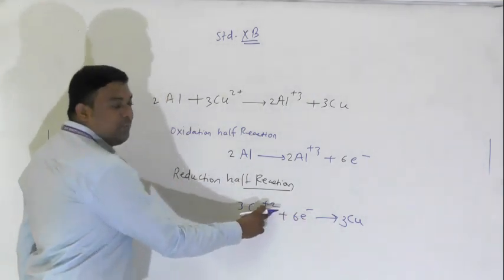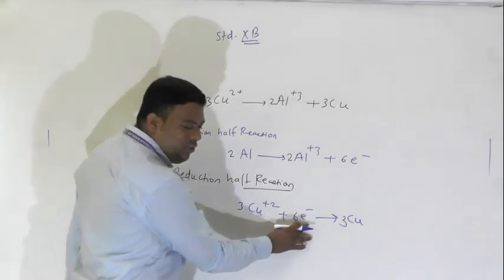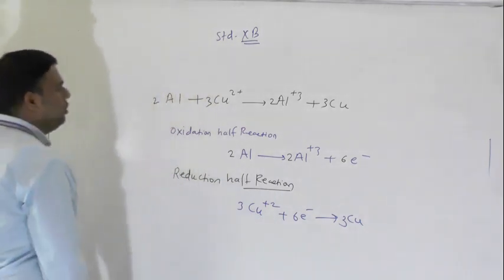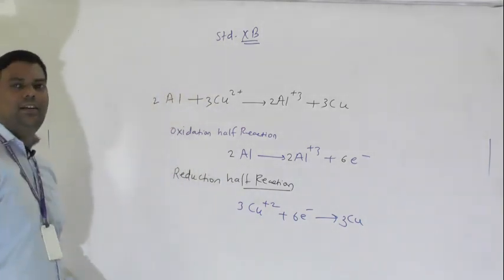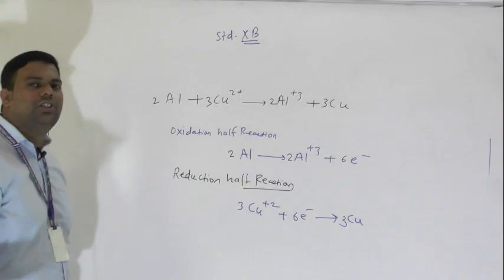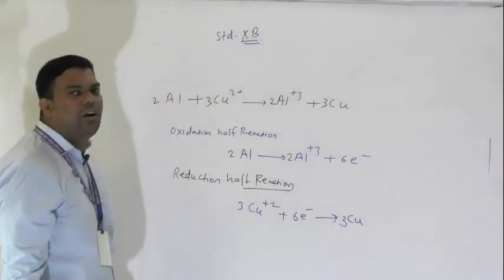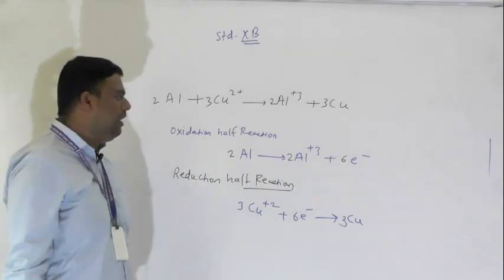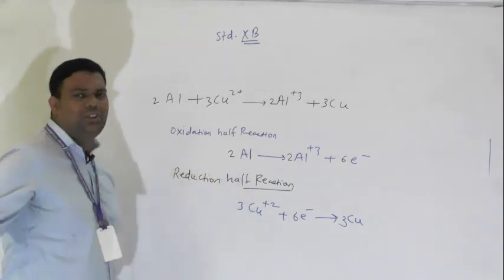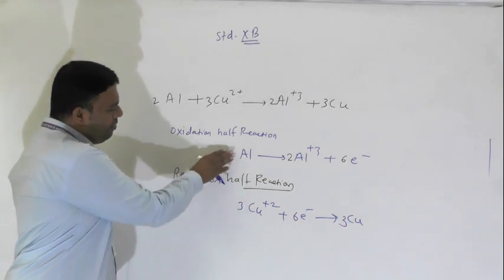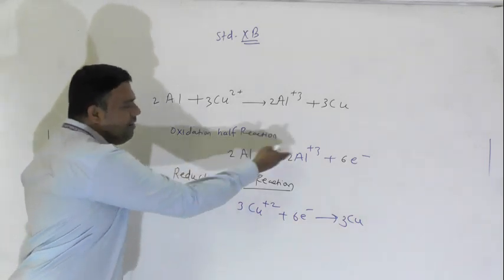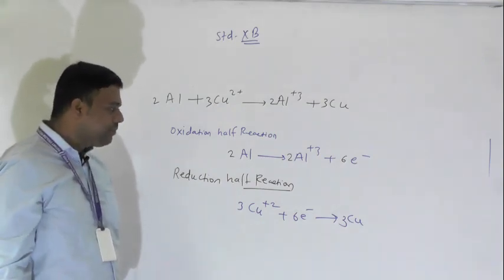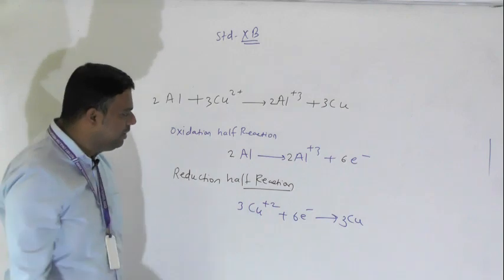So 3 times 2 gives 6 positive charge and 6 negative charge. So 6 positive, 6 negative, 0, and here also 0. Like that, it is your half reaction, from the above, whatever they gave with the balanced reaction. Or you may simply balance it with Al, that is Al3+, also we can balance. Now see what will happen after this.